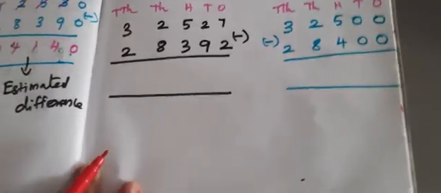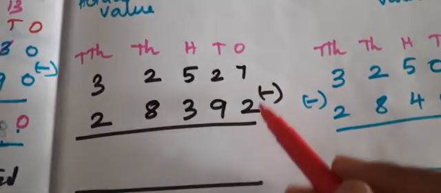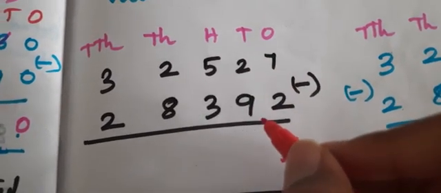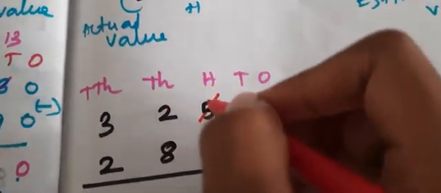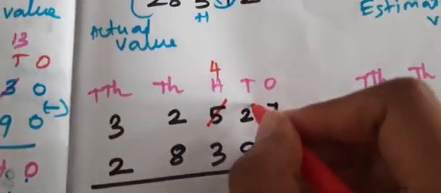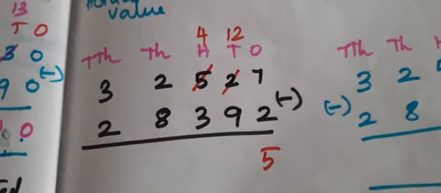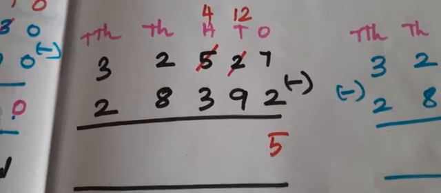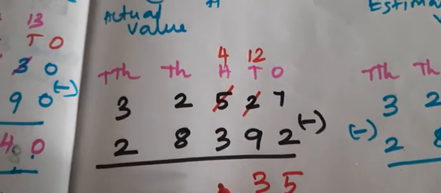So here I am going to proceed from which place? The 1's place. What are the numbers in 1's place? 7 and 2. 7 minus 2, 5. 2 minus 9. Is it possible? No. So we have to get help from 100's place. So 5, I am going to take 1. It will change to 4. 2 is already just 2 here. We have to change it to 12. Okay. 12 minus 9. What is the answer? Sir, 3. Yes. 4 minus 3. It is 1.